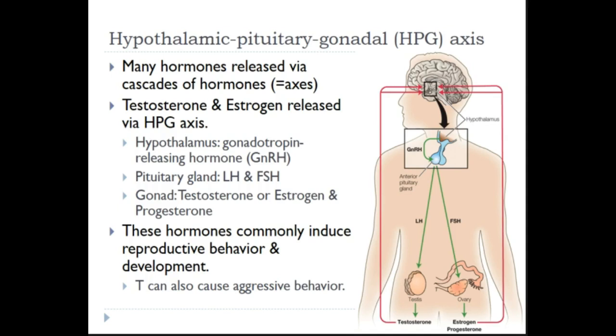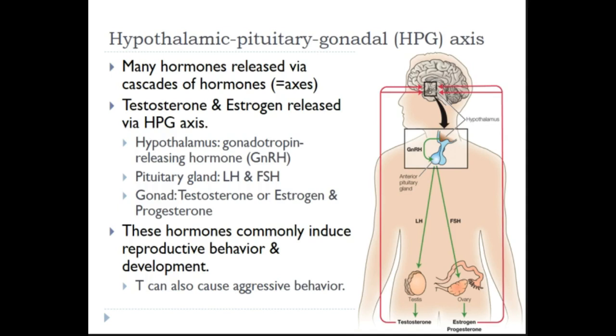Similarly in females, when you have estrogen and progesterone release, especially once a person hits puberty, it causes all the secondary sexual characteristics that are associated with being female. They certainly cause all those kinds of things, and they prime a reproductive system. Testosterone is involved in sperm production. Estrogen and progesterone are involved in the development and release of eggs every month for females.